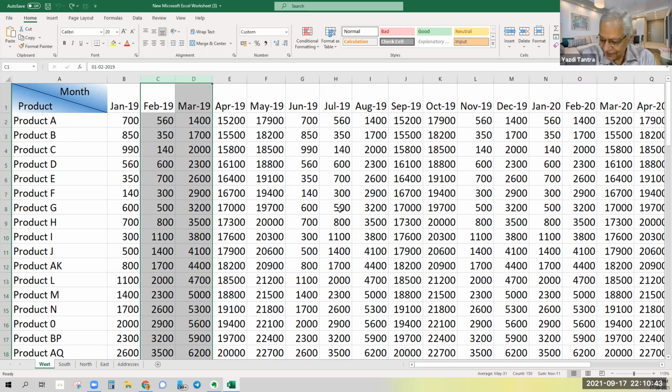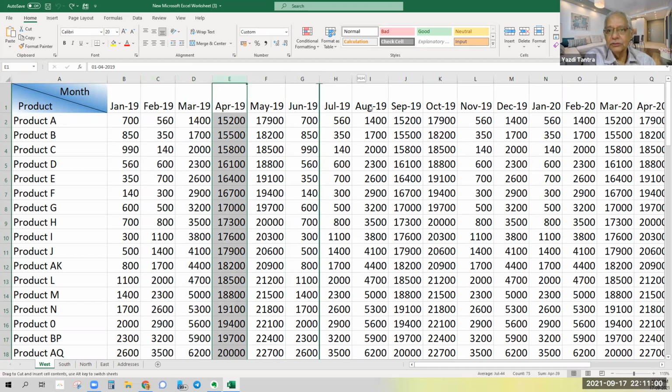Any questions here? Yeah, it looks easy, na? It is so easy. Select this column, Shift key, go to the arrows, bring it to where you want it, and leave it.